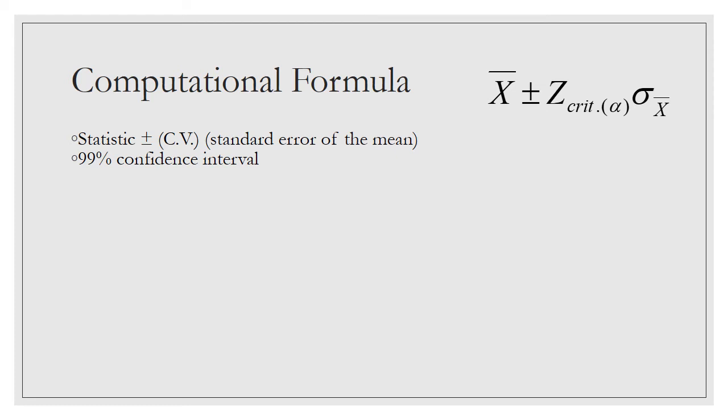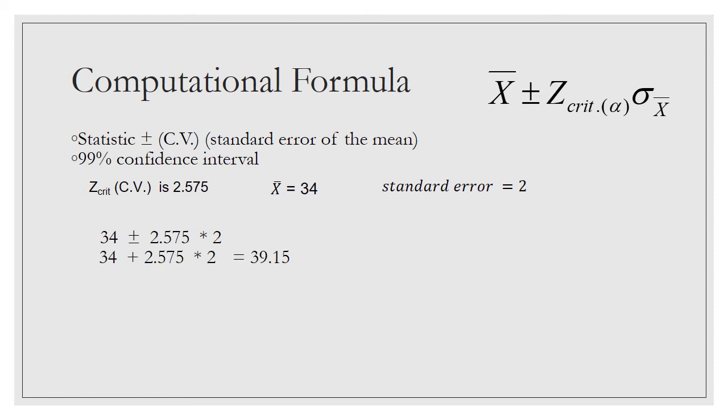Let's try the same thing, but instead of a 95% confidence interval, let's do the 99% confidence interval, because those are also the two that you'll most likely ever calculate. So we have a critical value. Instead of 1.96, our critical value is a little bit larger. It's 2.575. But our mean and standard error are still the same. So the only thing we really have to change is the critical value. So we'll go ahead and plug that in. It's now 34 plus or minus